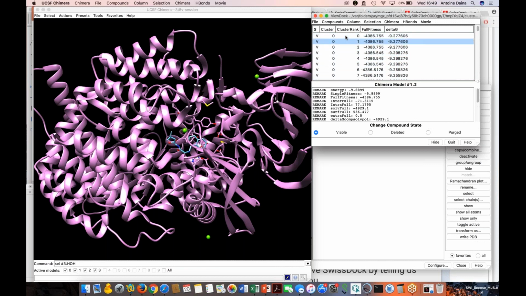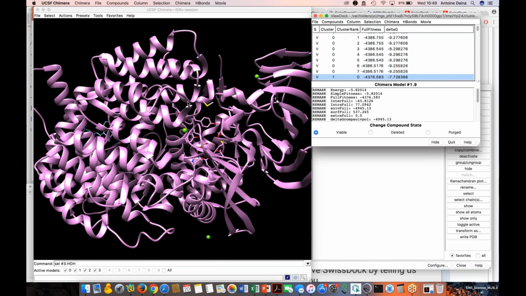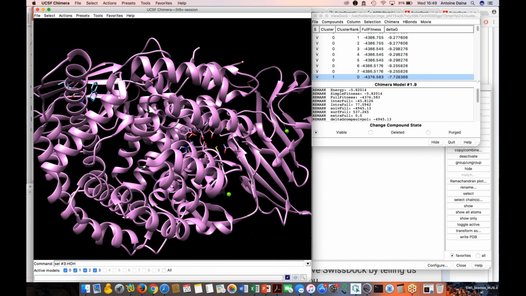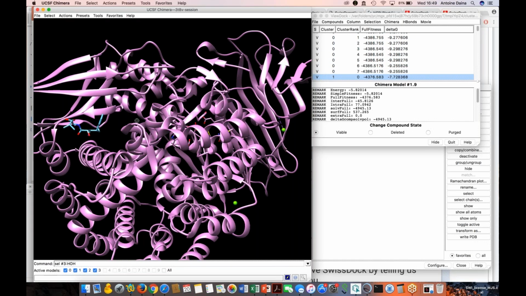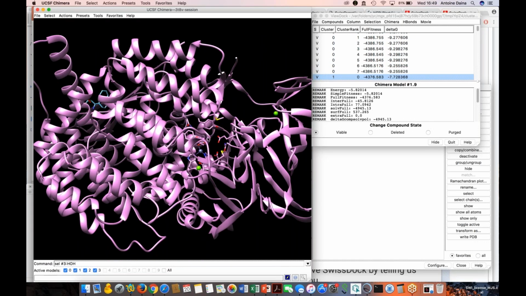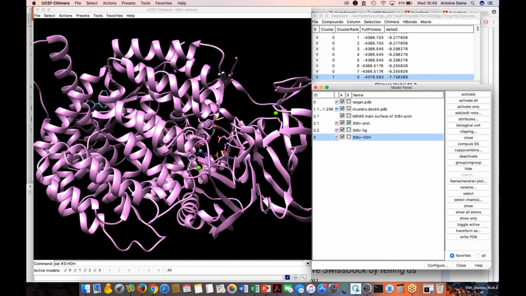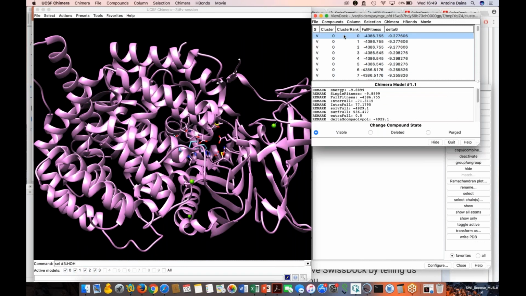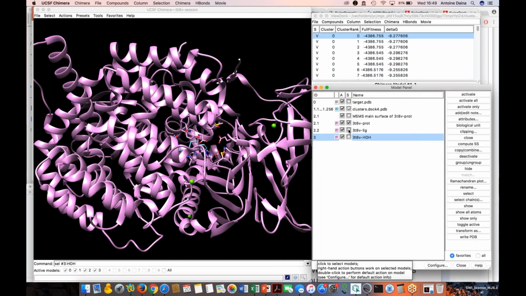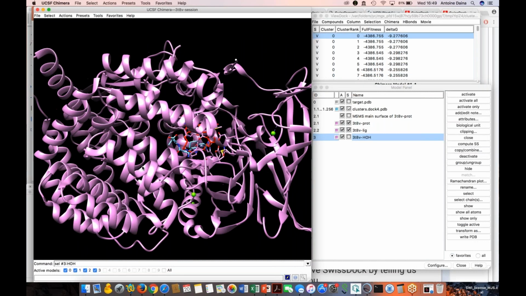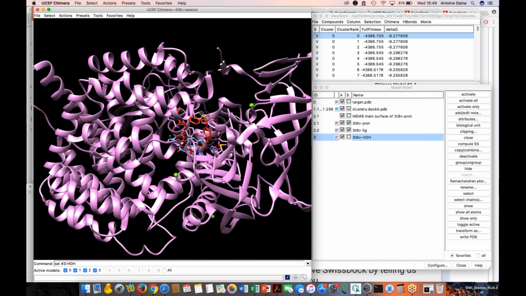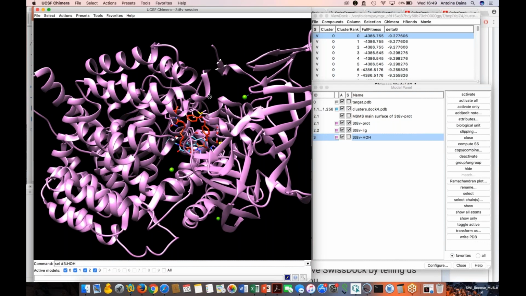So for instance, in cluster 0, there is only little variation of the different solutions. But if you go to cluster 1, you see that the solutions are really elsewhere. I don't want to go too much into detail about docking interpretation. If we go back to cluster 0, and maybe we display here in orange the co-crystallized ligand of our